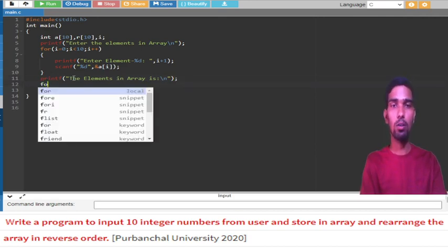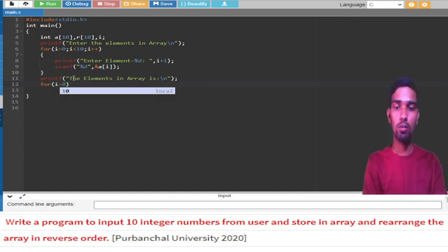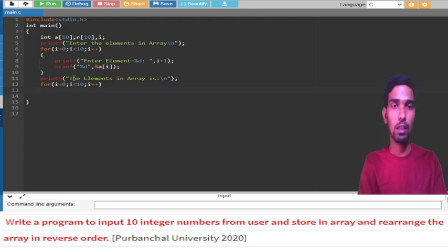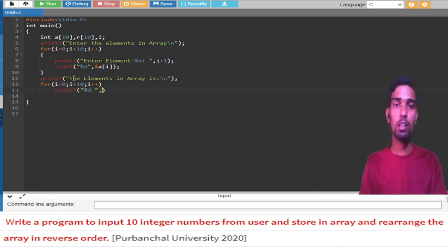I have to take one loop and print, for i equal to 0, i less than 10, i plus plus. Here printf "%d " with one space, so it will print one space after each element, a[i]. Okay, so reading elements, storing to the array, and printing is done.